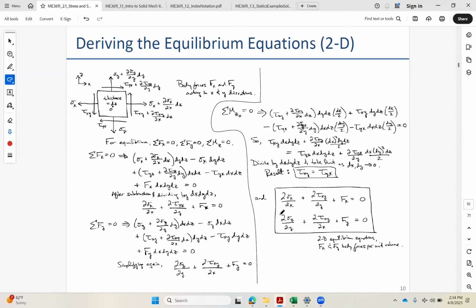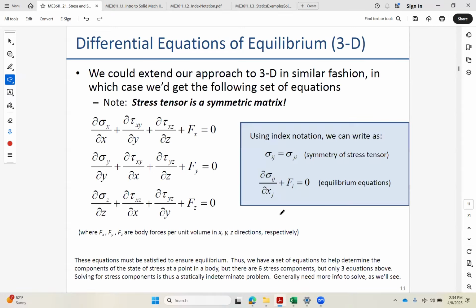So this is our stress equilibrium. This is how the stresses can change as we go through the body, and it keeps that cube balanced. So this is one of our basic important equations for solid mechanics, our stress equilibrium. And if we take that 2D and just add the third term, so we saw xx with x, xy